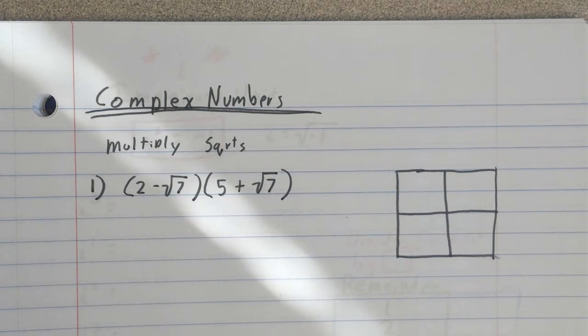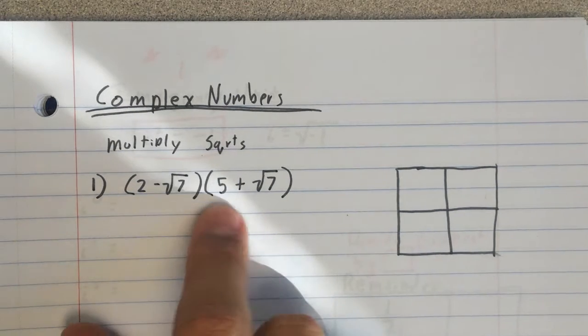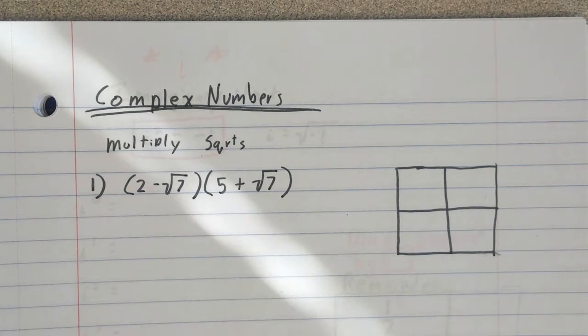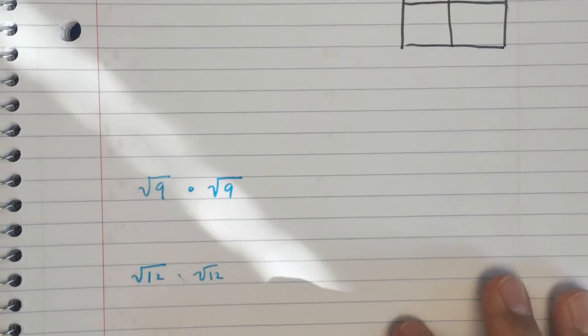Today we're going to look at complex numbers. The first thing I want to cover is multiplying with square roots. This is our goal. Before we get there, let's briefly talk about how we would multiply square roots and